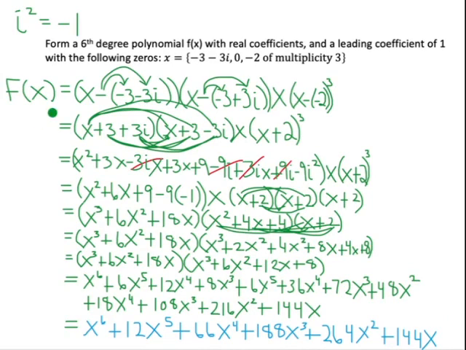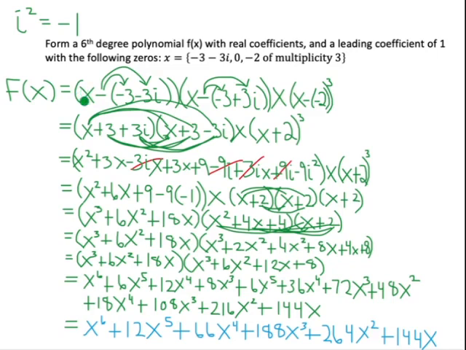Now, something to keep in mind is that if you do decide to try to distribute the leading coefficient in one of these first steps and not one of the final steps where the polynomial is expanded, then you need to make sure that you only distribute it to one of the factors. Because by doing that, it's going to end up being multiplied by all of the other ones anyway. Like for instance, if I put 2 here and I distribute it to this factor, this x will become a 2x, which will be multiplied by each of the factors that we have in here. So we have this x cubed, it'll be multiplied by x, and x. So you'll end up with a leading term of